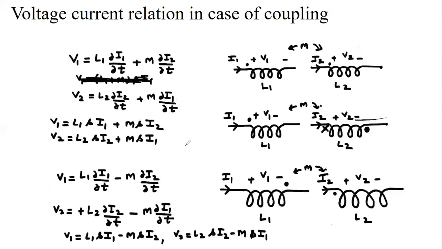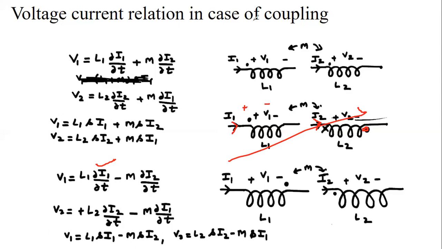Okay. Now for the second case, see second case. In the second case, current in the first coil is entering from the dotted terminal, while in the second coil current is entering from the non-dotted terminal, because this is my dotted terminal here. So flux does not support each other. So see, what is the value of voltage V1? Due to I1, this voltage is V1 equal to L1 del I1 by del T with sign plus and minus. And due to this current I2, what is the value?